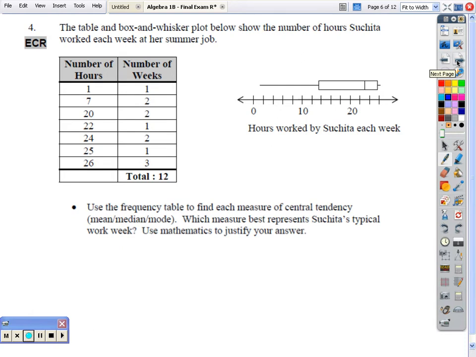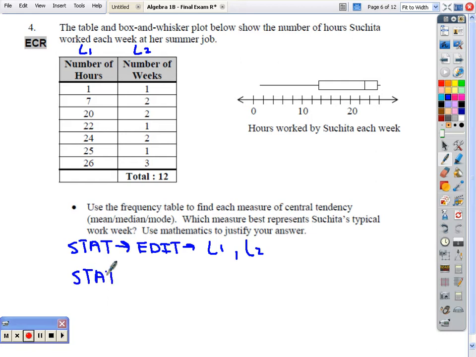Okay, so here is where you have to use your L1, L2 in your calculator. I'll just give you a quick review. If you hit Stat, Edit, because it's a frequency table, you have to put the number of hours in L1 and the number of weeks in L2. And when you're done that, you hit Stat,